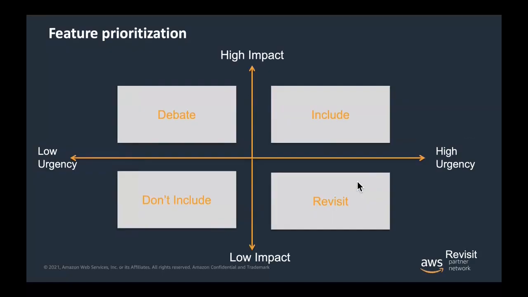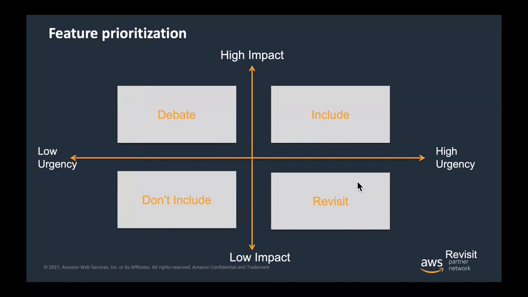And another template that you can use is basically this feature value metrics, where you can categorize your features based on their impact and urgency. Or you could do this as the value provided to the customer and maybe the time it will take to develop them. And depending on where that feature falls in this diagram, you could really define your roadmap, saying that, okay, these are the features we should definitely include, and these are the ones that we should exclude. And there are all other features in between that need maybe a debate or feedback from others.